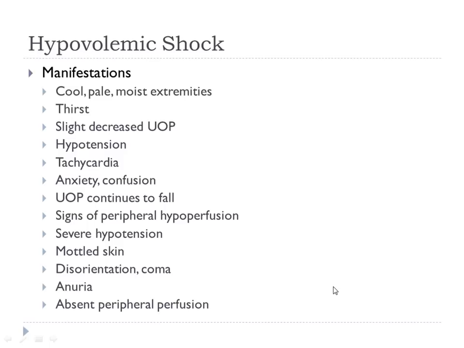Initially, you'll have a slightly decreased urinary output. If you notice that these manifestations go from initial to later, I put them kind of in order as they will show. Does it make sense? They get worse and worse. So the patient then will become hypotensive and tachycardic. Mental status changes because we have decreased perfusion of oxygen to the brain. All right. Urinary output, right, continues to fall. Urinary output is a very good indicator of cardiac output.